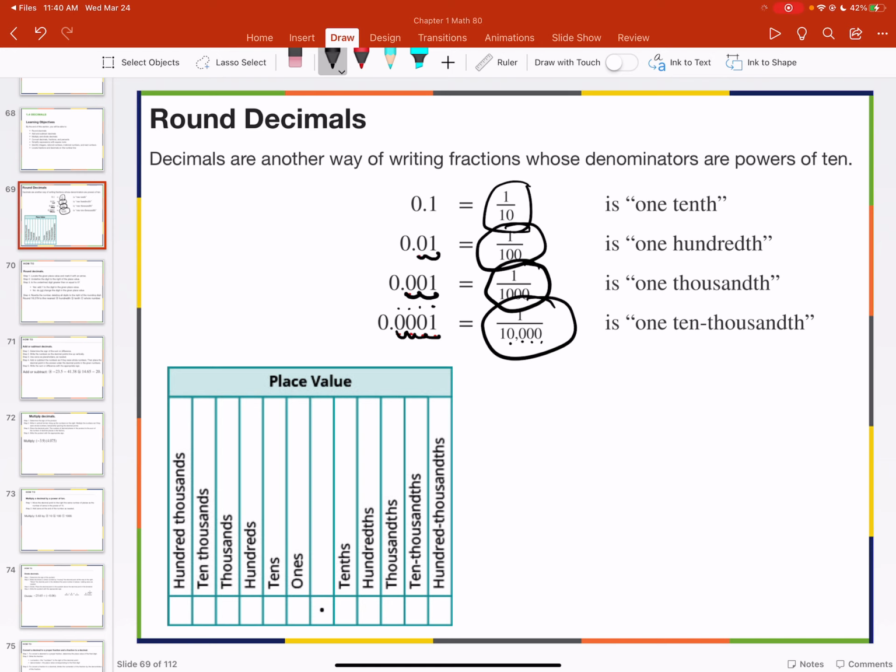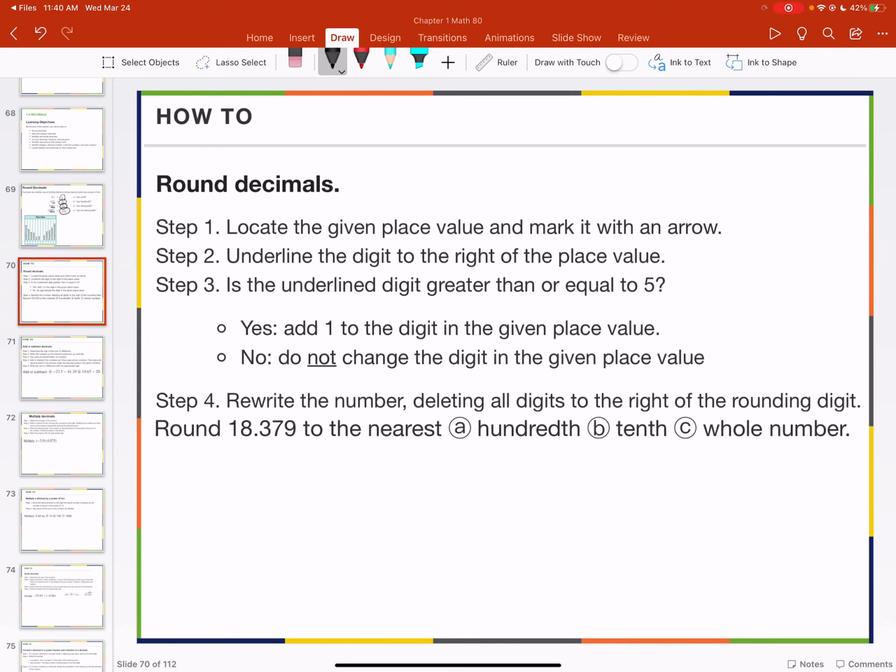Okay, so to round decimals, first we have to decide what decimal place we're rounding to. And then, in order to decide whether to round up or stay the same, we look to the decimal that's immediately to the right, okay? And then we round depending on whether it's greater than or equal to 5. So let's say, for instance, here we have